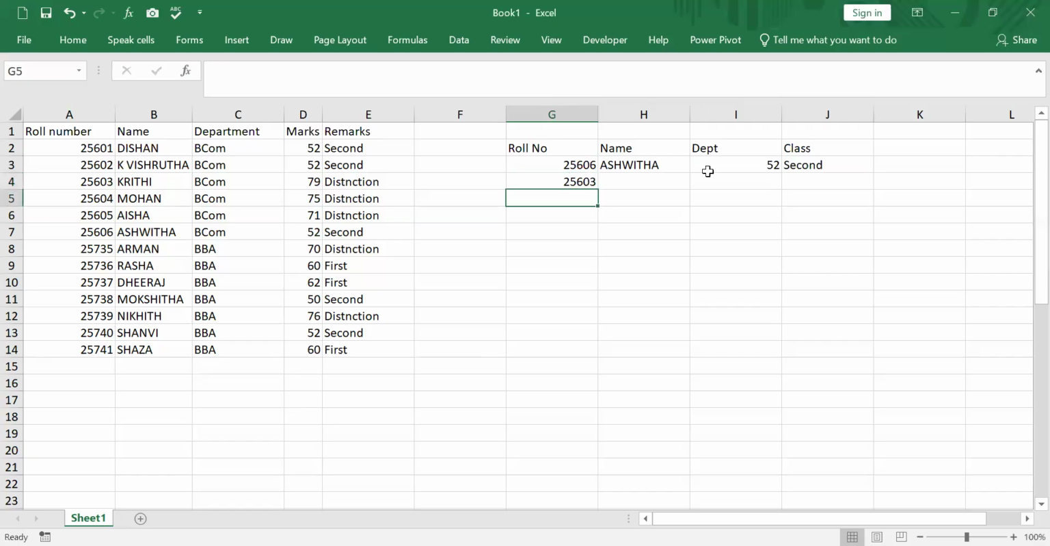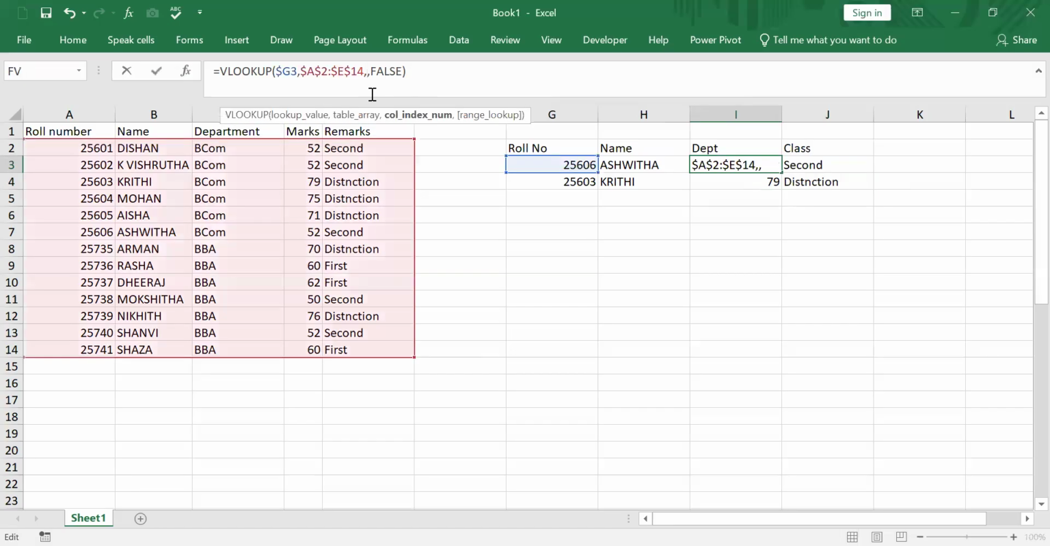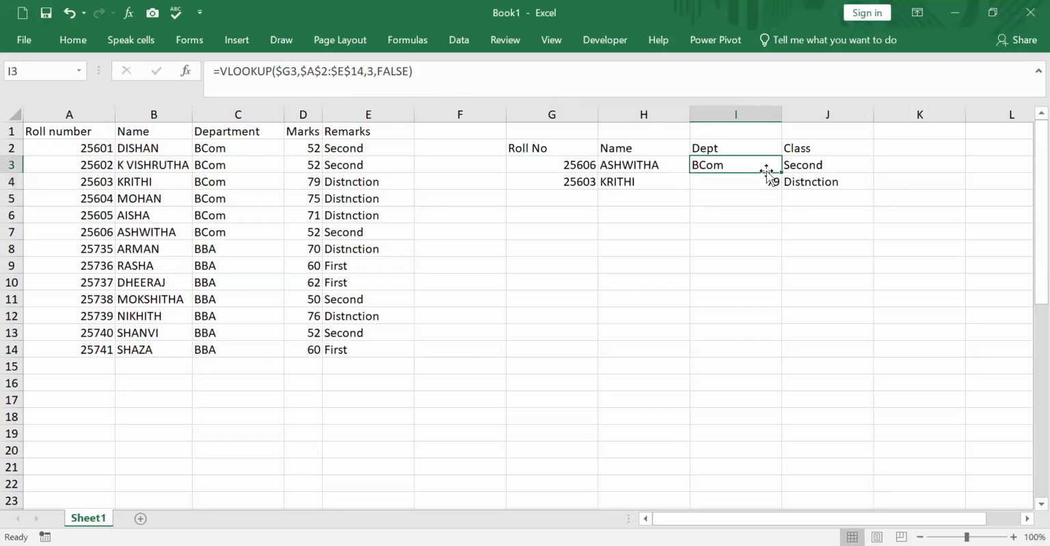Now if I drag this down and drag this down and drag this down, 25603 Kriti is correct, 79 is correct, distinction is correct. A department, I made a mistake here. This department is in 3, and